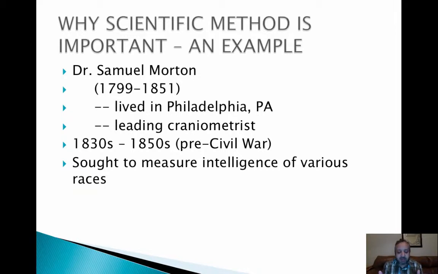So he gathers all these craniums, and he basically seals them up, and then he fills them up with liquid, and then he measures the weight of the craniums, right? And he ends up finding that the white craniums are heavier. And he writes a paper, and in his words, this is proof that white people are more intelligent than black people, because I measured these craniums, and the white people's craniums were larger. But remember, the scientific method is public.